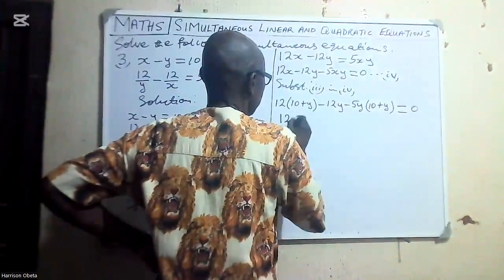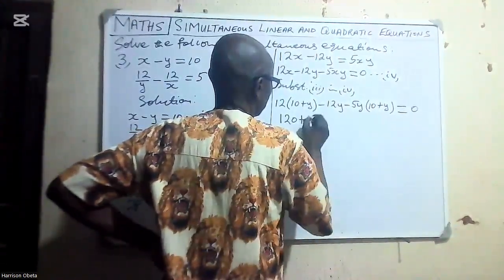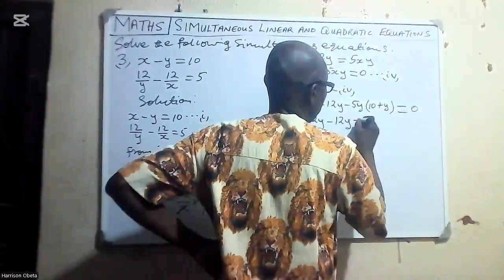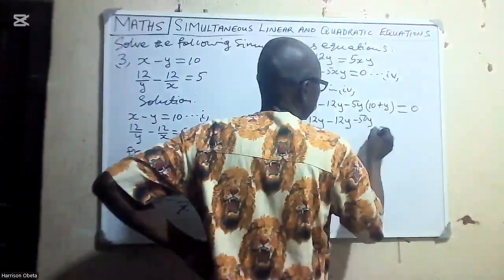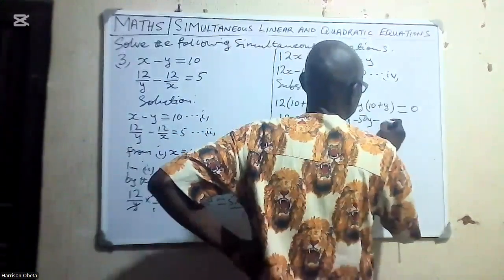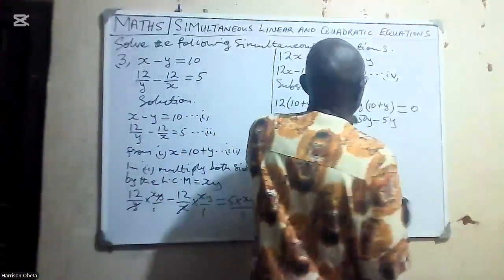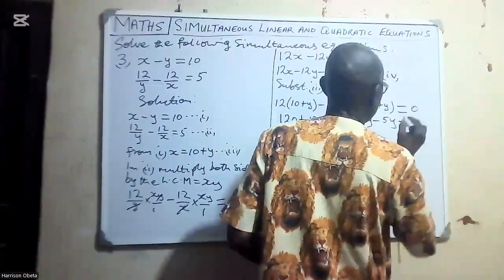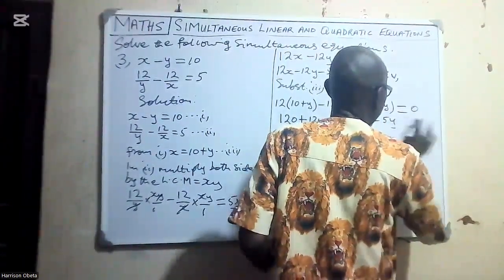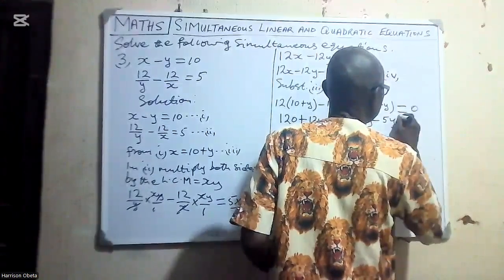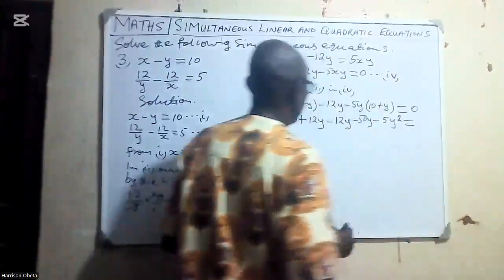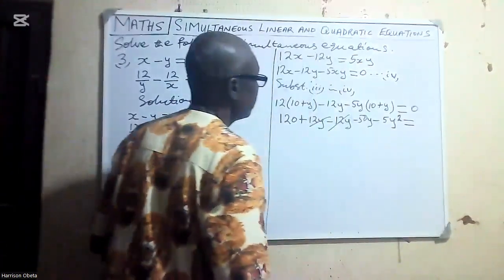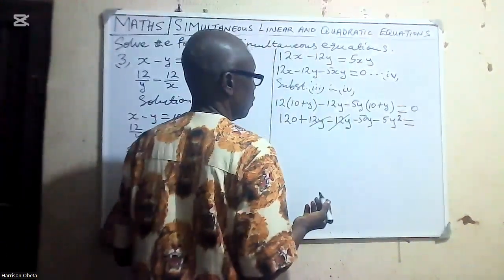That will give us 120 plus 12y minus 12y minus 50y minus 5y squared, because this negative will affect this, equal to 0. So moving on, we have this will disappear,